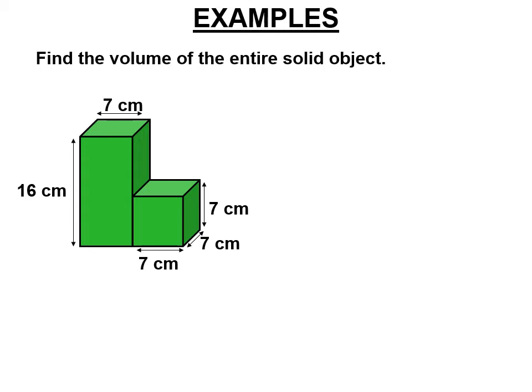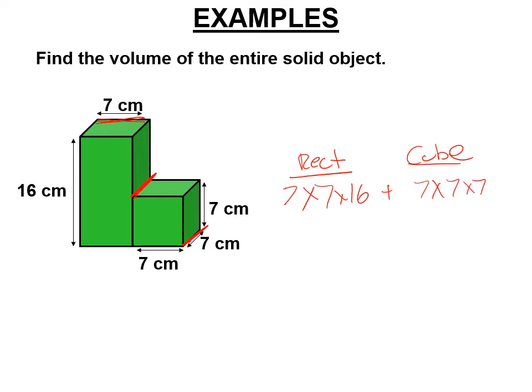Find the volume of the entire solid object. So hopefully you see a rectangular prism there, and you see a cube. The rectangular prism, now, what is this dimension? We need this dimension here. Well, it's got to be the same one as that, so it's 7, and then it's 7 this way, and then it's 16 tall. And we're going to add that to the cube, which is obviously 7 times 7 times